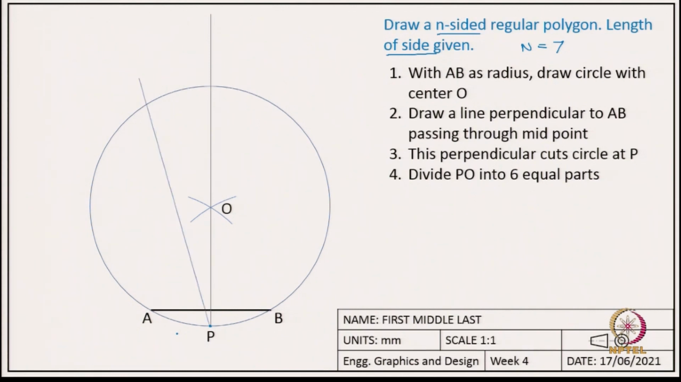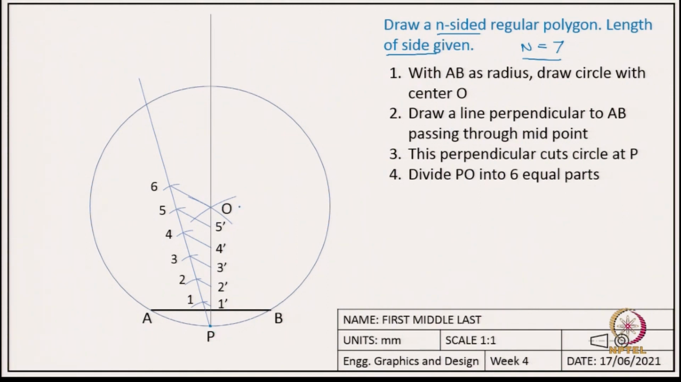So, I can draw an inclined line, 6 arcs, and then join the point 6 with O, and then draw parallel lines. There you go. So, we now have successfully divided this line PO into 6 equal parts. Okay. But we said we are drawing a polygon of 7 sides. So, which means